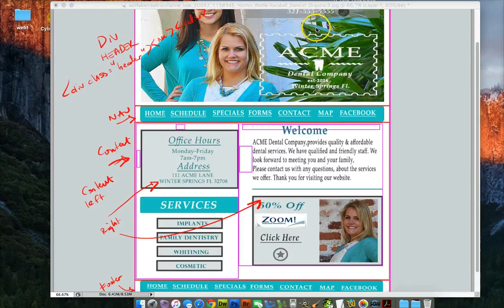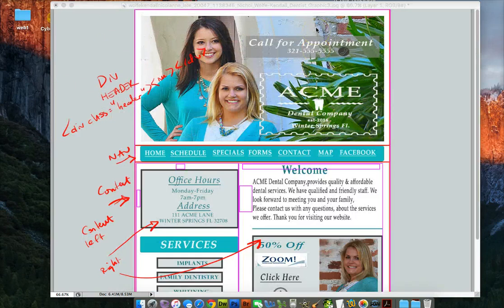The next step is we need to export the slices and write the HTML and the CSS, just like the double identity that we did. All right, so let's figure this out. I would make a new folder, and this one's going to be called dental site, so just write dental